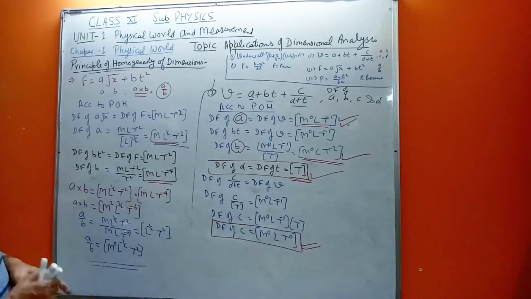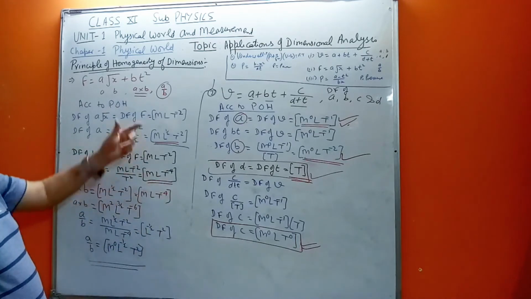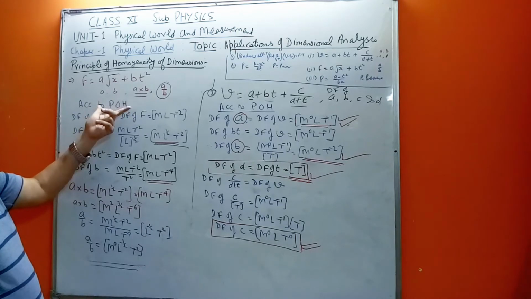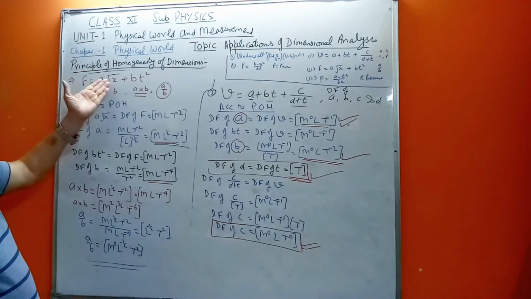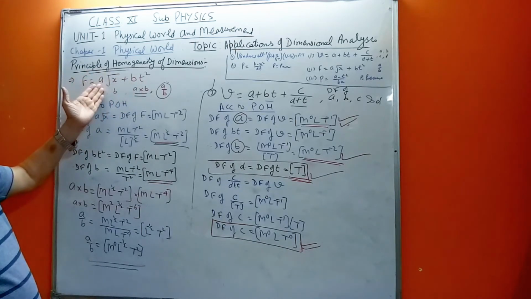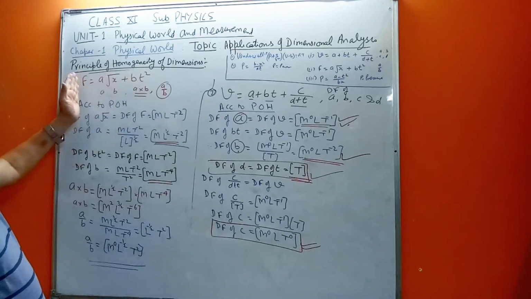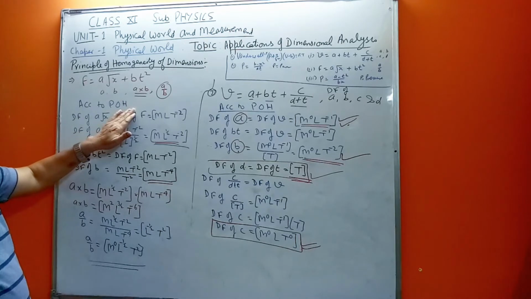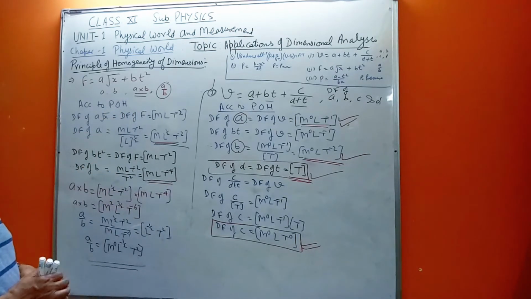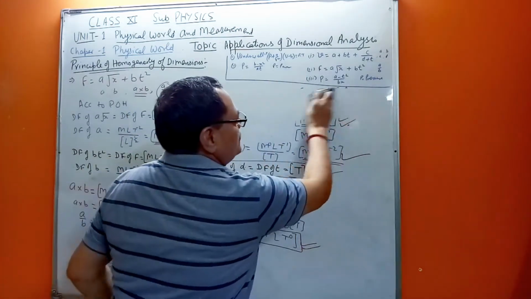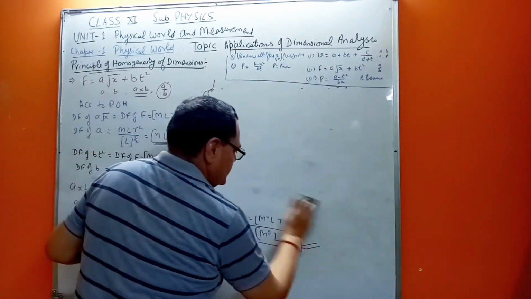So you are finding it becomes very easy once we know this concept of the principle of homogeneity, which says that quantities of the same dimensions are added or subtracted. Because of this equation, all these terms will have the same dimensions as per this principle of homogeneity. Clear? Alright, so I will take a few more very important illustrations. So let's take a few more.